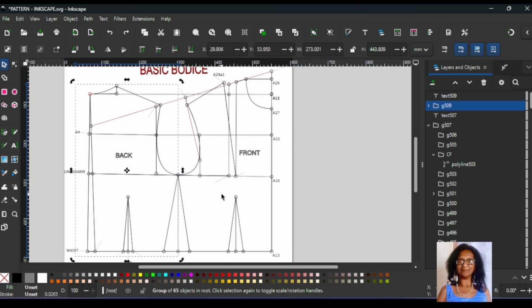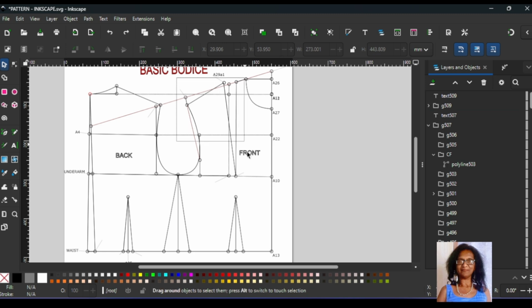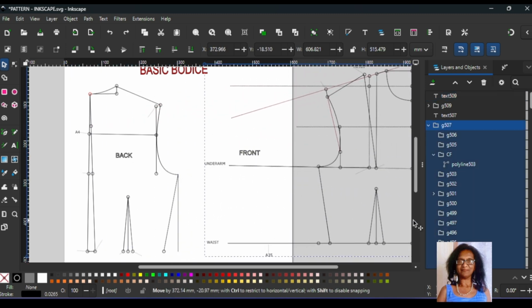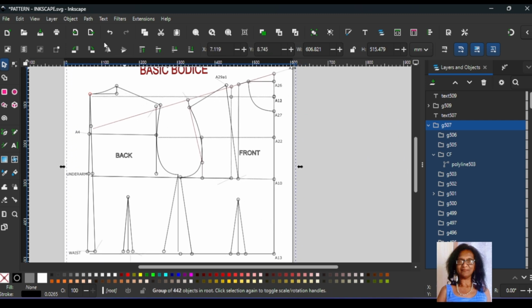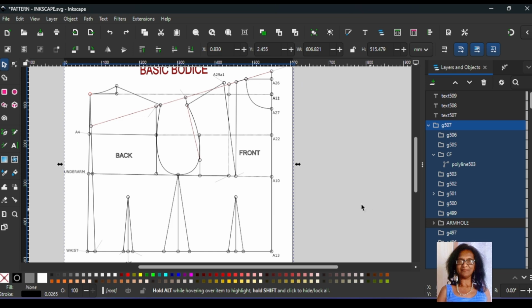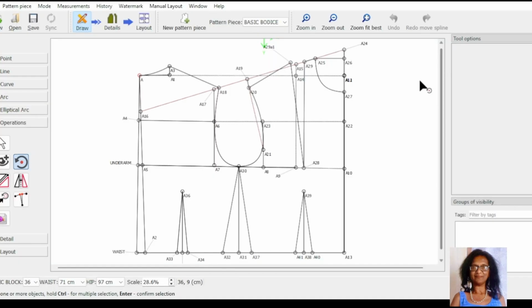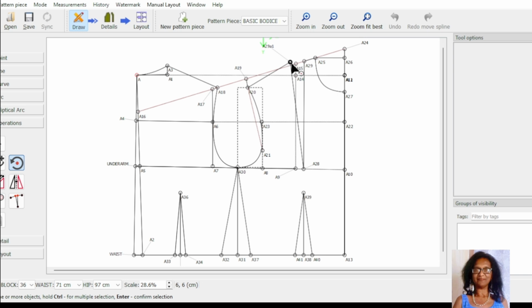And in Valentina, you can't do this very simply. Select all my pieces and I group it, and then I can move it separately altogether. Yeah, I'm just showing a difference between Inkscape and Valentina. And this is the rotating tool. I want to close a dart, so I'm just going to show you briefly the dart in Valentina and also how you do it in